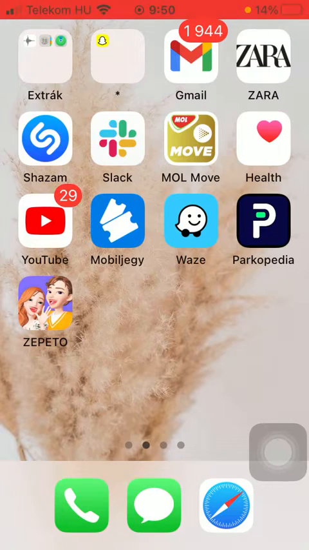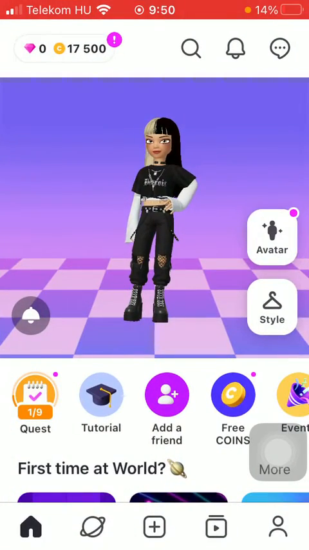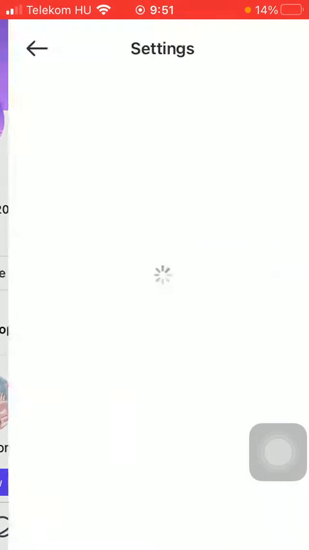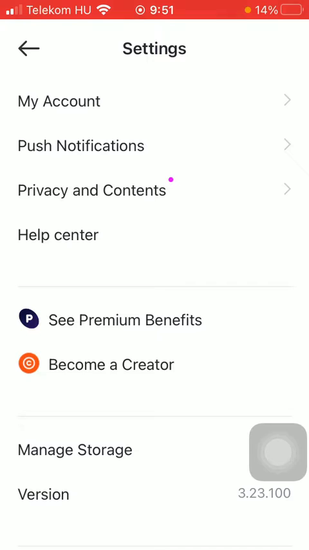Now let's jump into it. First of all, open the app on your phone. Then you should tap on this profile button down below on the right side corner of the screen. Then click on this settings button in the upper right corner and then click on push notifications, which is the